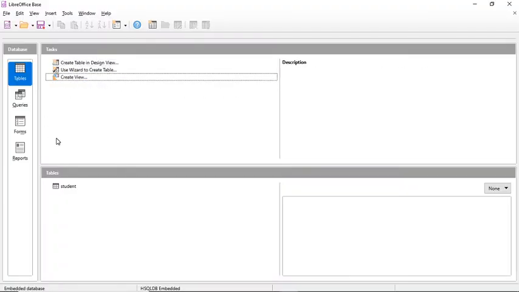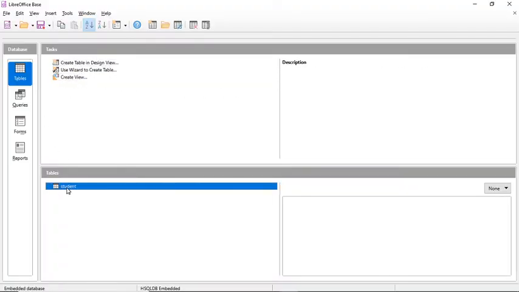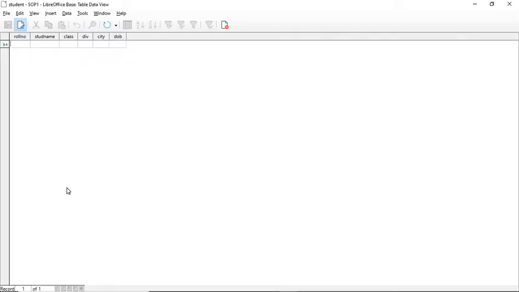So enter that record. Your table is created. Now double click on it, so you are able to insert the record.